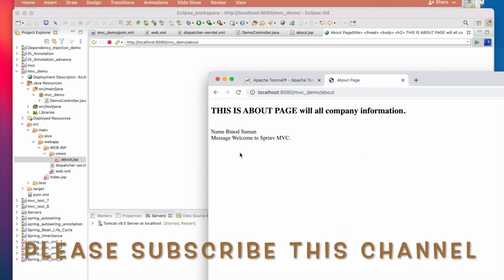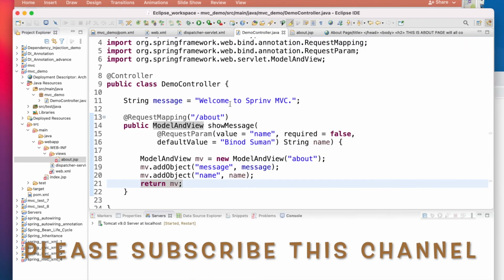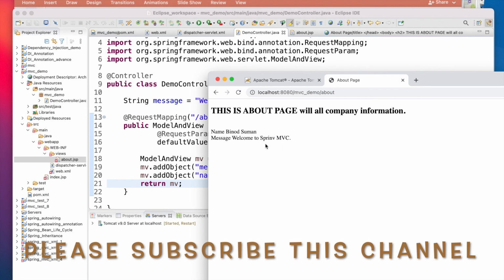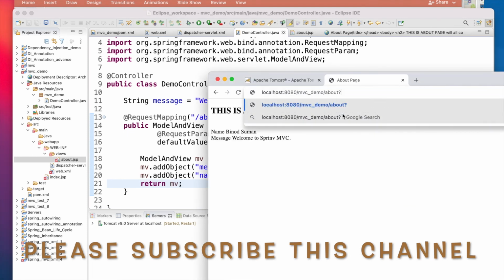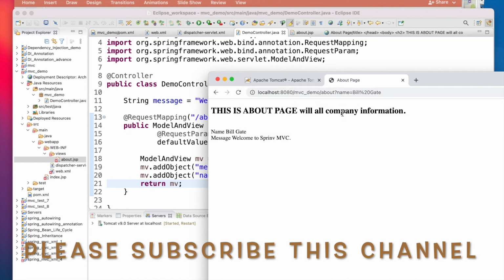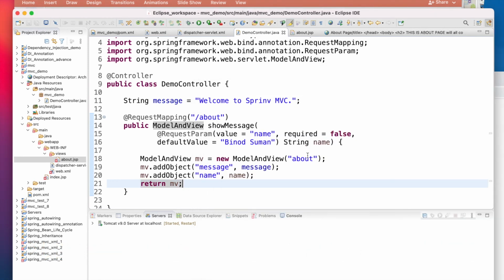Now the name and welcome are coming from my controller, not from the UI. The message and the name are coming from here. Now here you can also pass the name. That's the use of the request mapping. So question mark name is equal to, say, we get. So you see, now it is effective. Now it is taking the name from here.